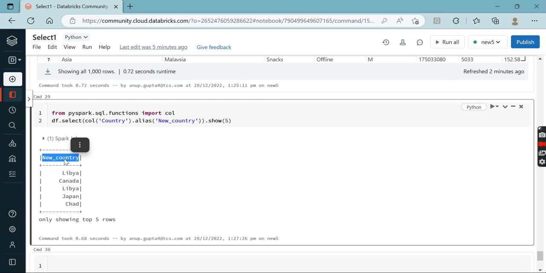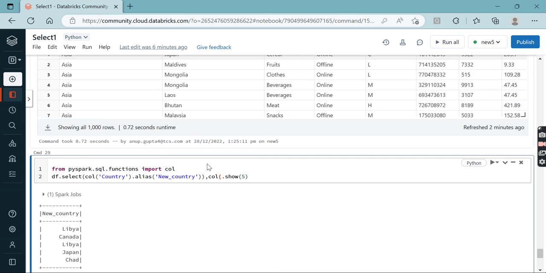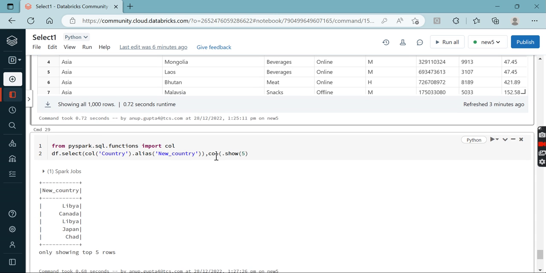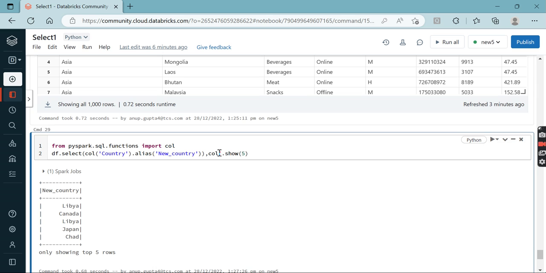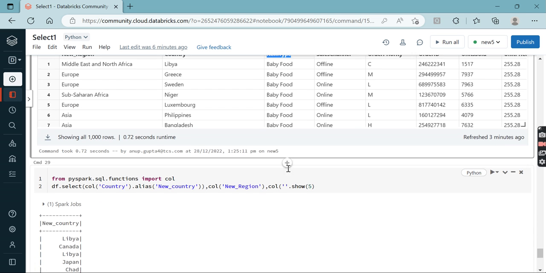If you want to select all the columns, just add col and the new region. Similarly, if you want to do another column, you need to put all the columns one by one. Okay,